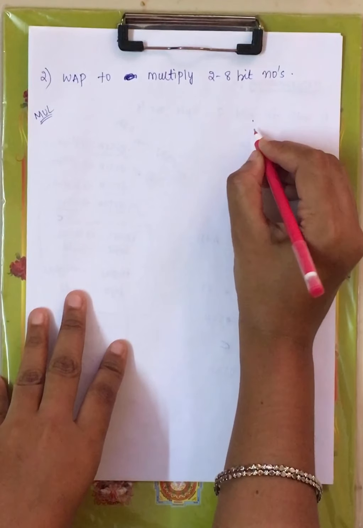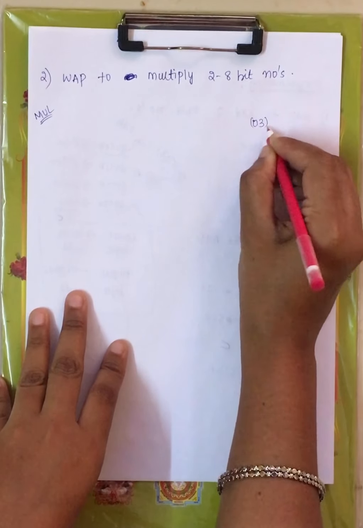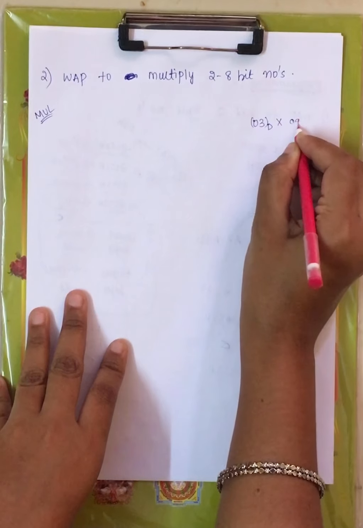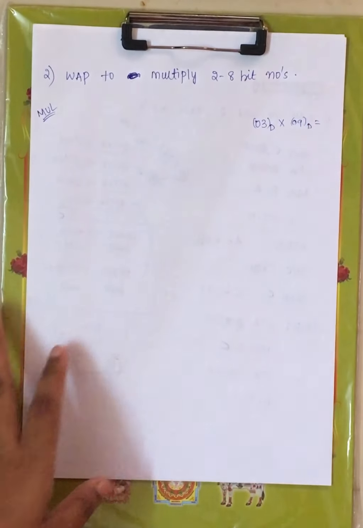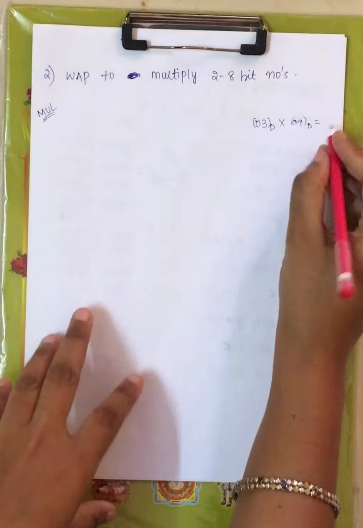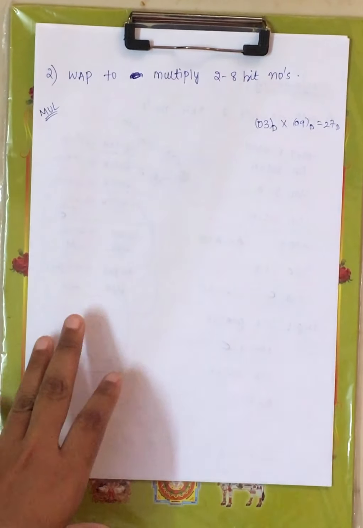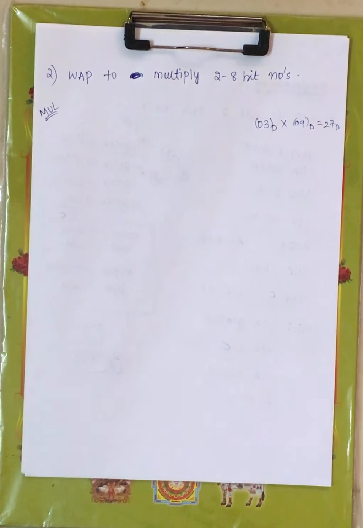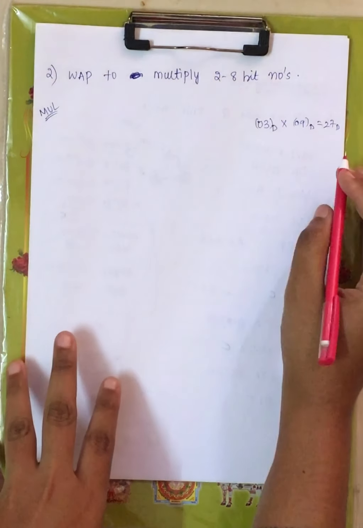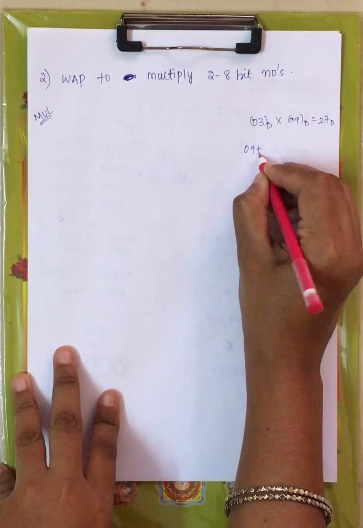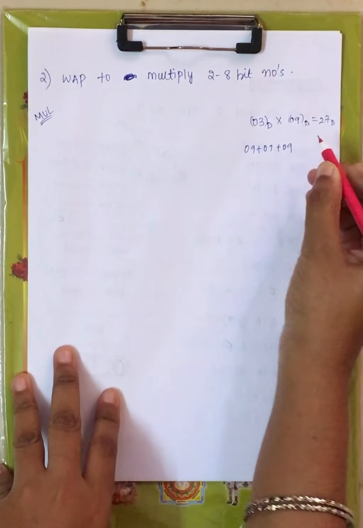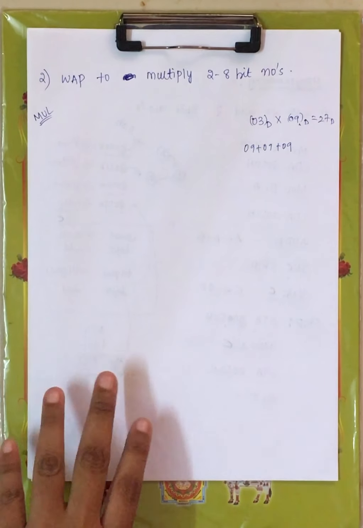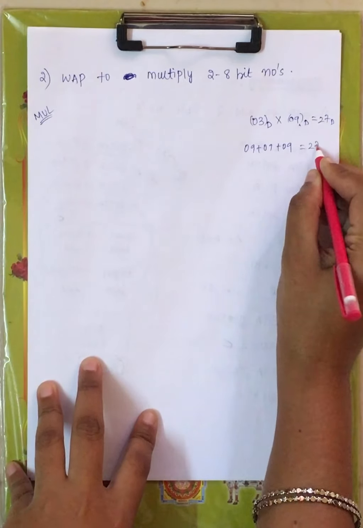Now in the decimal part I am explaining. 03, this is your decimal part, into 09, right? Now 3 nines are what value? 27, right? 3 nines are 27. If you have the MUL instruction, you can follow this procedure. Now for your 8085, we don't have any MUL instruction. Now 09 plus 09 plus 09, if I add 3 times, what is the result? 27 only, right? This is one procedure.